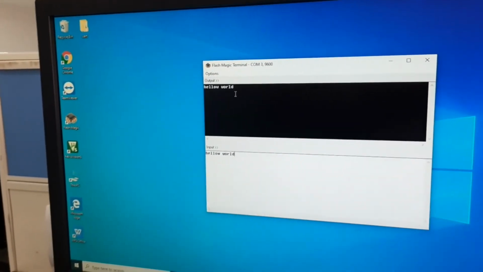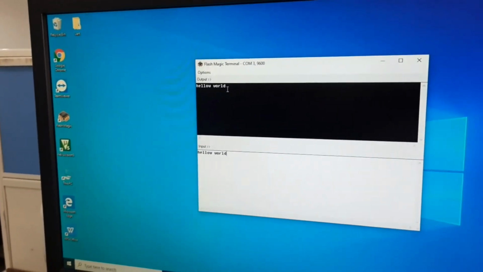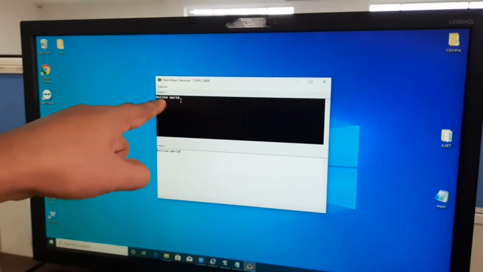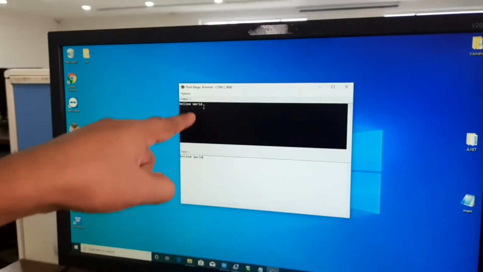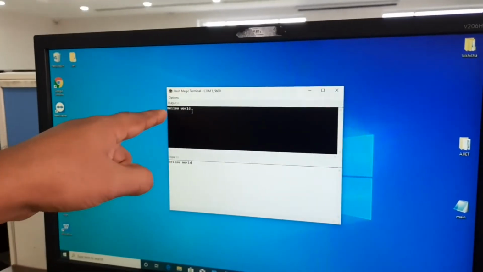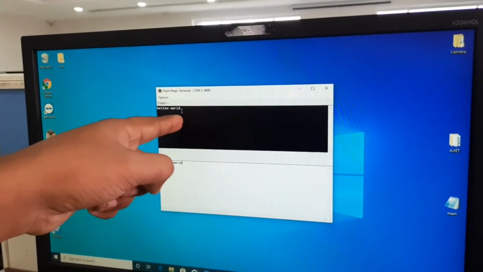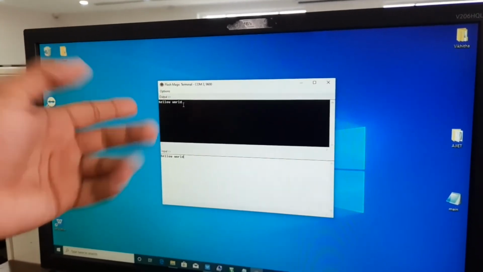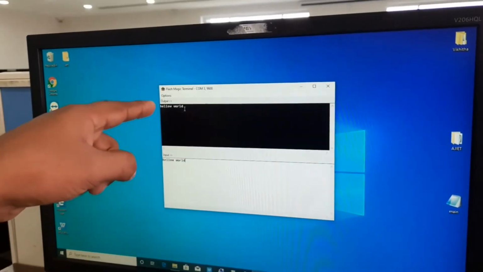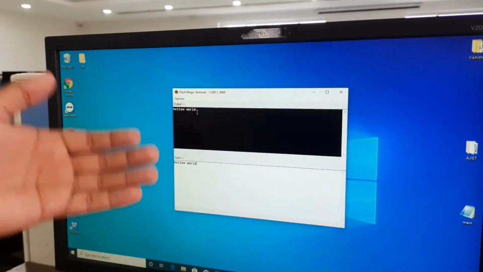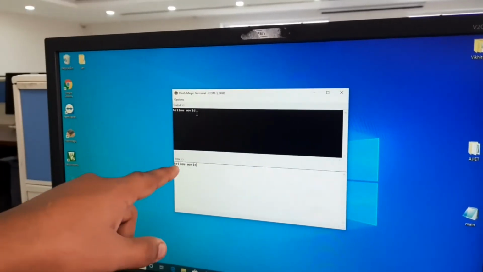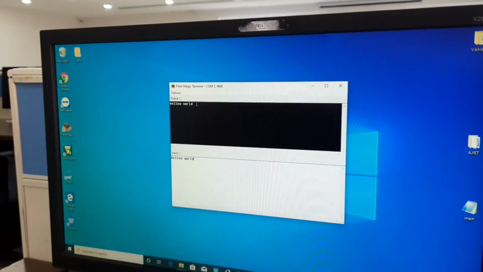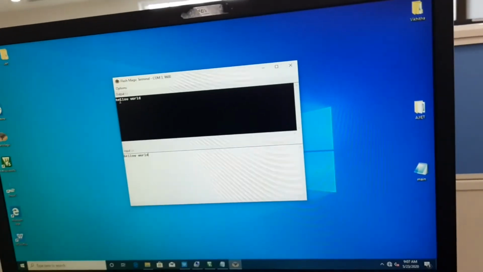If there is any wrong code, then you won't get this input in the output part. You will get a wrong answer in this place. Either some other thing other than these characters, you will get. If you typed H, here you may get W. If you type E, you may get a smiley, like that. So you will get something other than these characters. If that program is proper, then only you will get hello world in the output part.